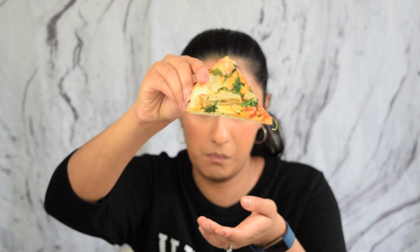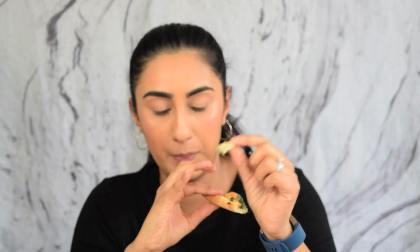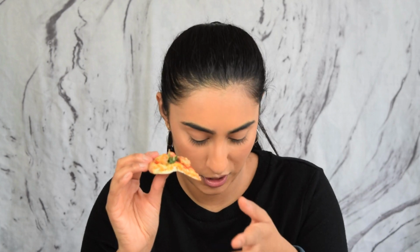The edges are really crunchy, but that's typical of a wood-fired stone-baked pizza. I'm gonna have one that's got a chunk on it. Good texture from the pieces of Oumph. I like them, they're really nice. I don't think these chunks are flavoured, I don't. Oh, they are flavoured. I can taste onion, salt, and then this fake cheese that is just...